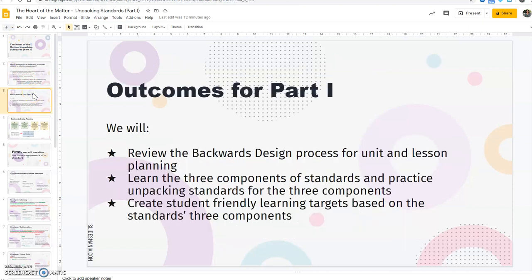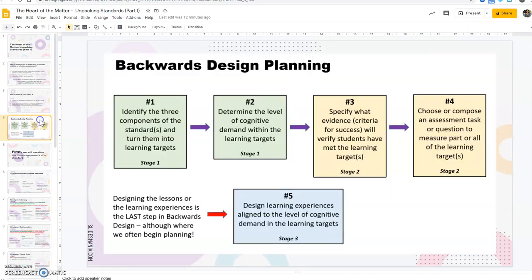The outcomes for this part of the mini lesson are to do a very quick review of backwards design, learn the three components of standards and do some practice unpacking standards, and then create student-friendly learning targets based on those standards that you unpack. So when we look at the backwards design planning model, and this is from Grant Wiggins